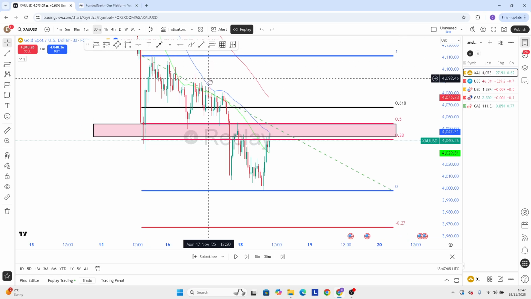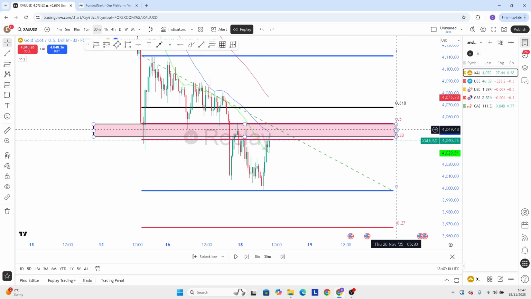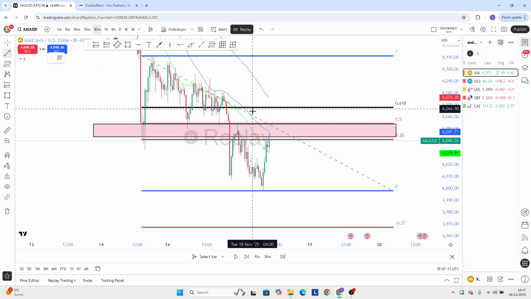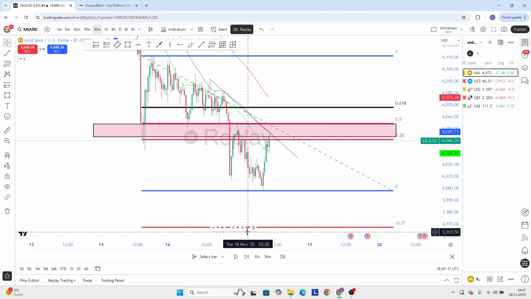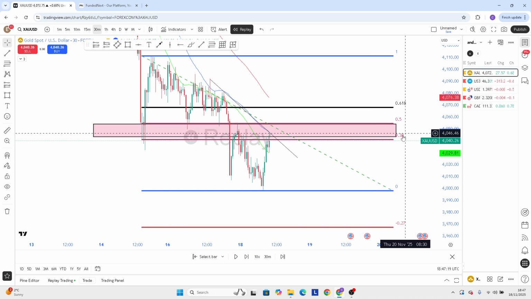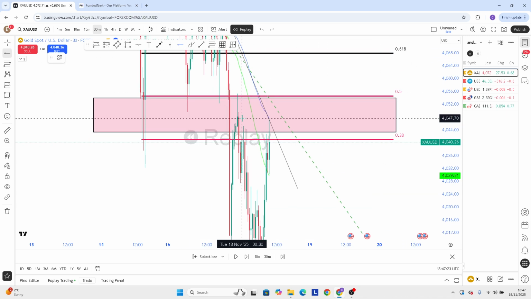I was seeing 1, 2. So Fibonacci, previous support, now resistance. That's 2. Number 3 is the SMA, I mean the trend line. That's 3. Number 4 is the round number. As you can see, there's loads of round numbers in here, but you can see the round number. What was it? There's a